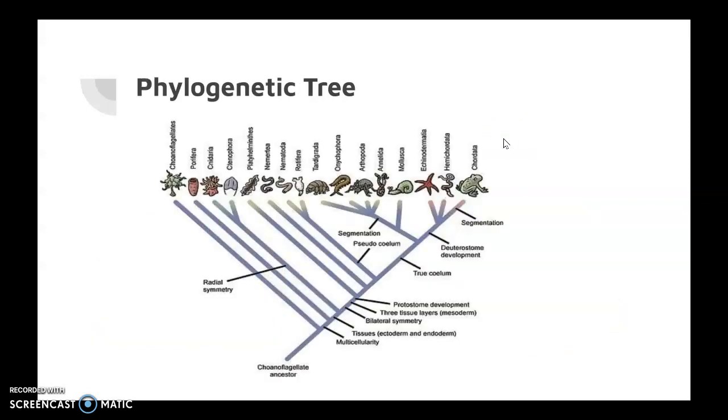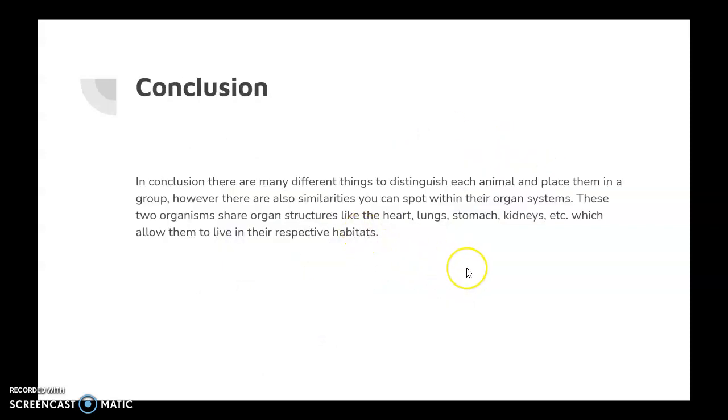In the phylogenetic tree, the most recent common ancestor would be Annelida. And in conclusion, there are many different things to distinguish each animal and place them in a group. However, there are also similarities you can spot within their organ systems. These two organisms share organ structures like the heart, lungs, stomach, and kidneys, which allow them to live in their respective